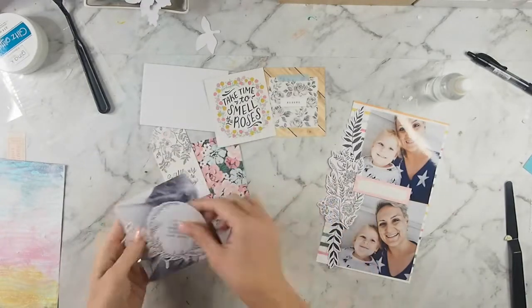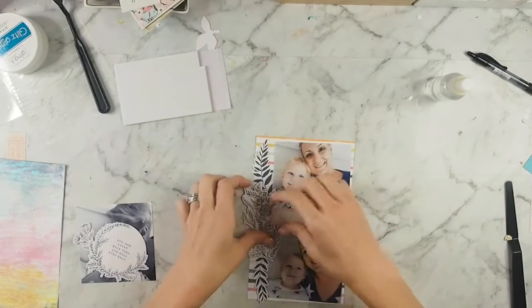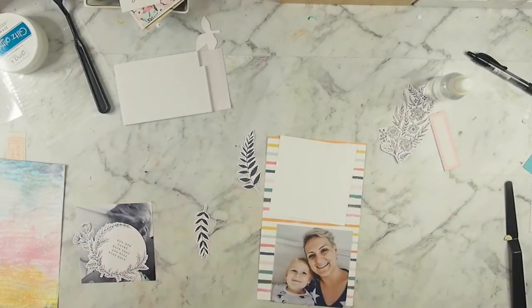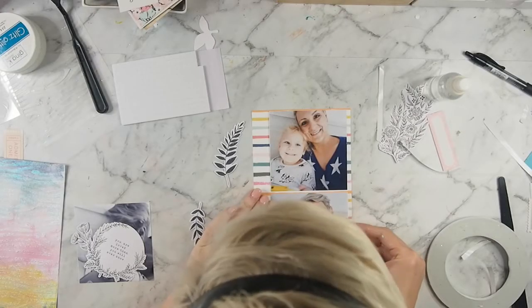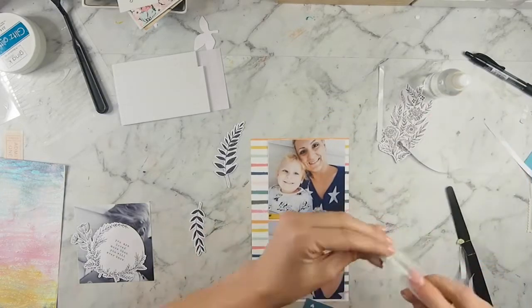Anyway, now I'm going to start working on my photos. So I have chosen these 4 photos, and I'm choosing some of these flower clusters that came from the die cut pack that we received this month. And I am going to just glue down those photos one on top of the other. I'm sticking them down so that you can still see the color of the strips underneath them,